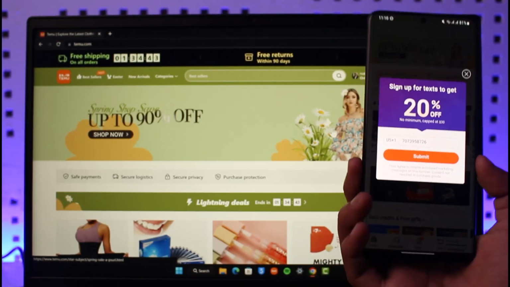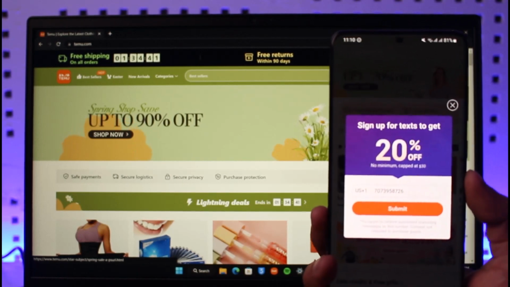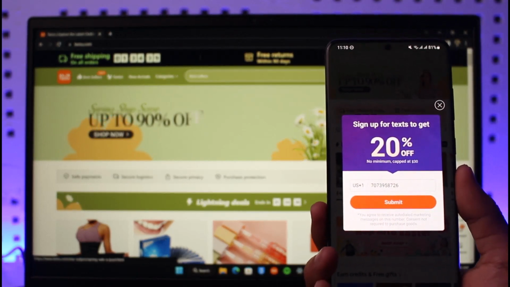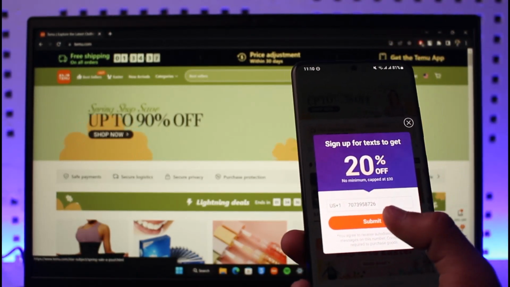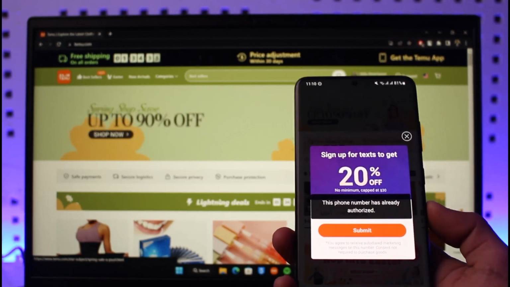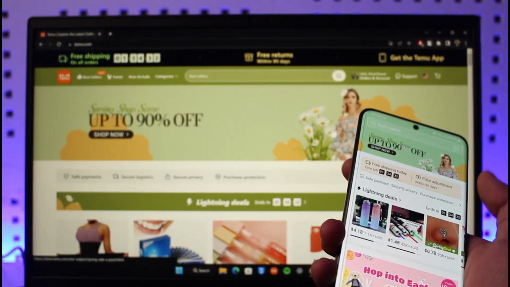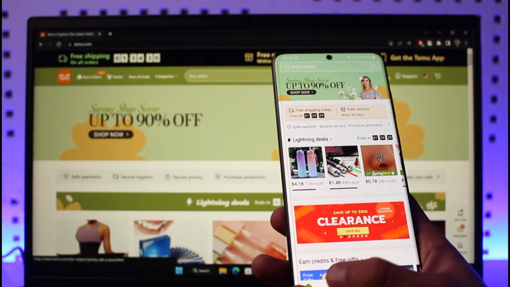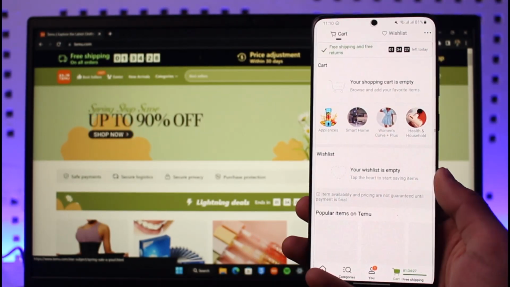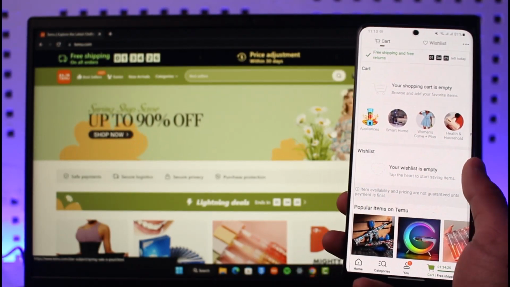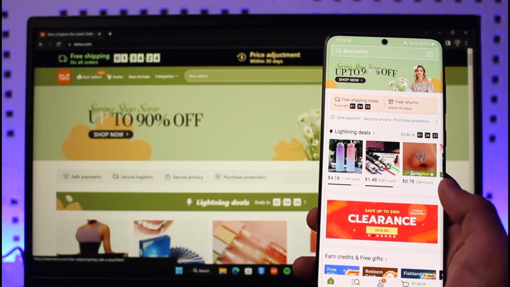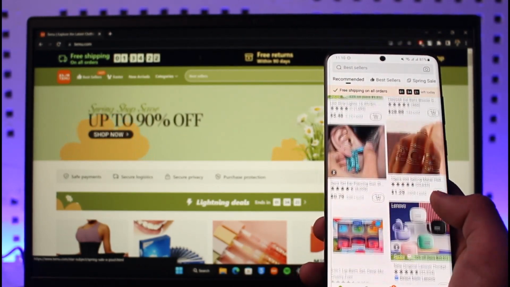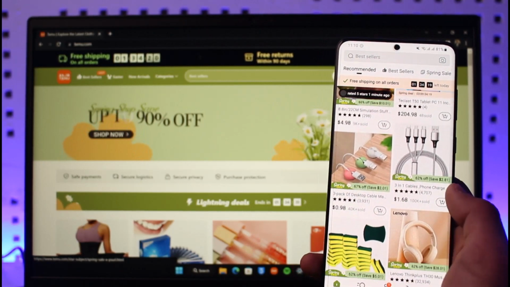So you can see when I first open the Temu app, it basically says to sign up for a text to get 20% off and a free spin, right? So if I just tap on the submit button over here, this phone number will already be authorized. Then after you've authorized it, you'll most likely find the option to spin it from the bottom left corner of the screen. When you go to the bottom left, you'll most likely find the spin button, and if you already spun it once when you created and signed into your account, you'll not be able to have more than that